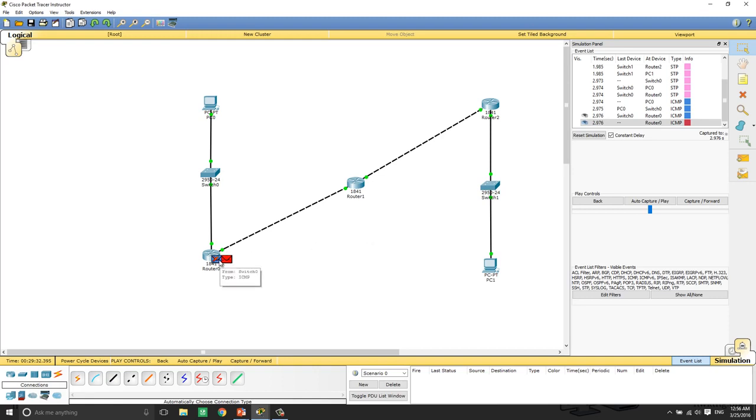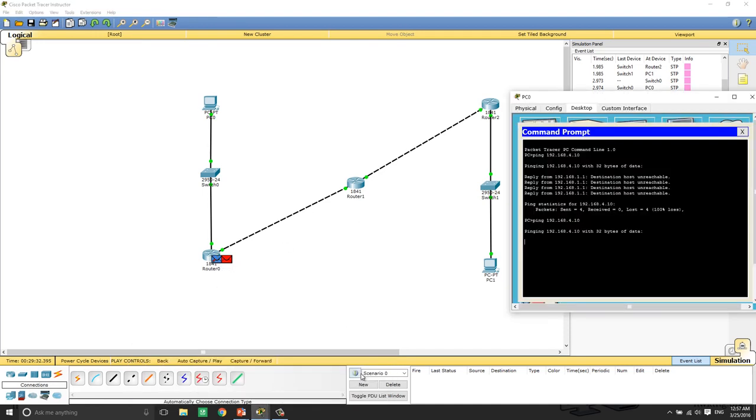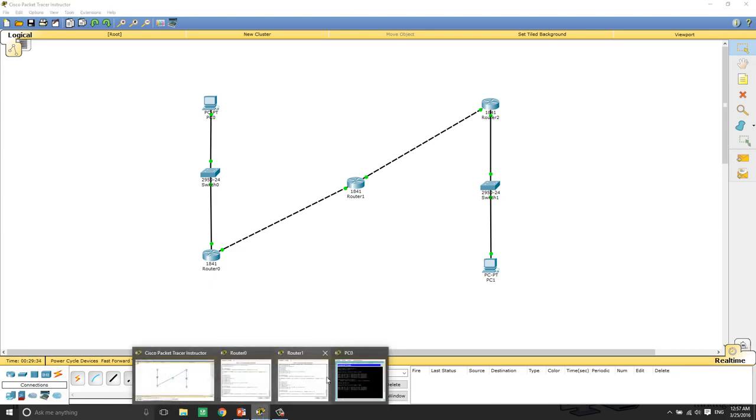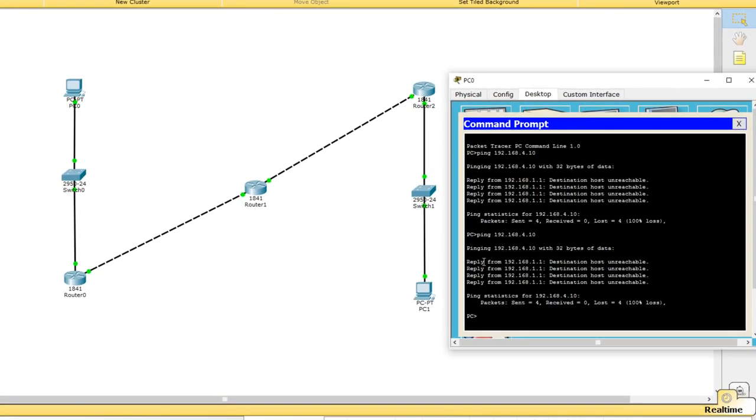Why does it drop there? It drops it there because it doesn't know where 192.168.4.0 is. Now how did that decide that? So let's see what happens on the command prompt. So you see, let's make it in real time. You will see that it says reply received for